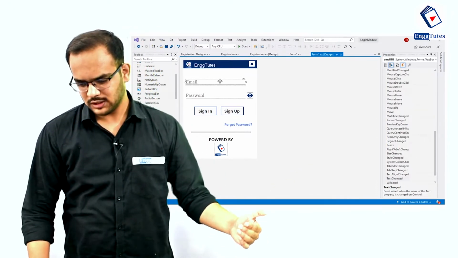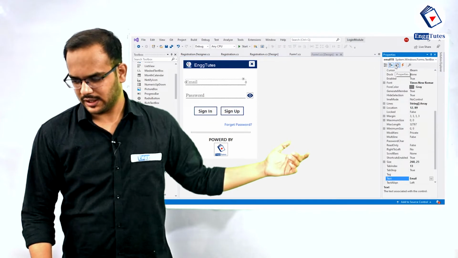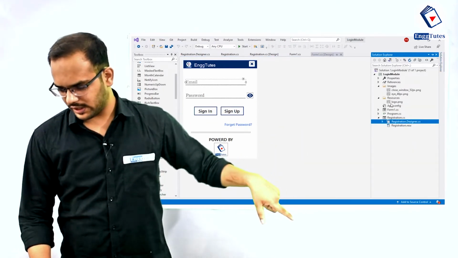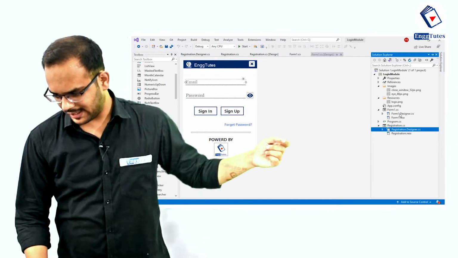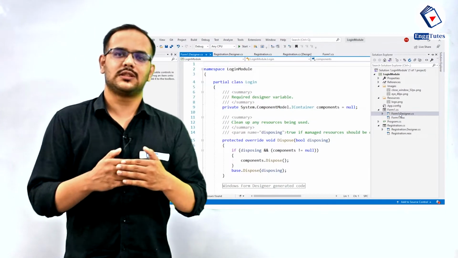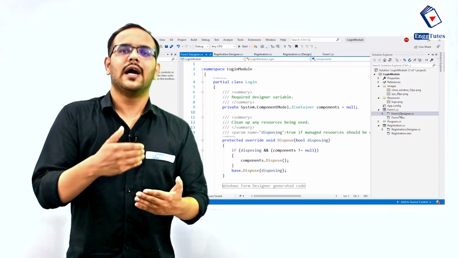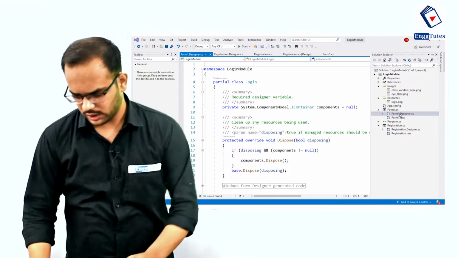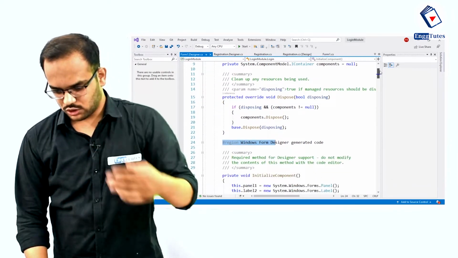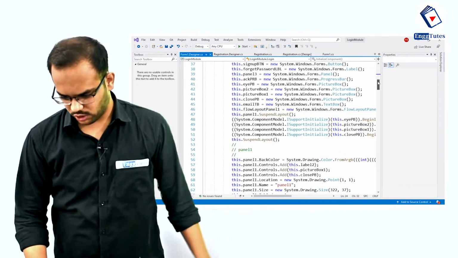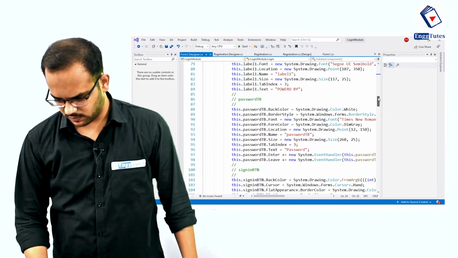So we have chosen the text color as dim gray. So in the designer file of Form1.cs, there must be code which will render that particular color as dim gray. We just need to copy that code and change its color to black. If you go to the designer file, here you will get all the code required. So we have to go to emailtb.txt. So search for emailtb.